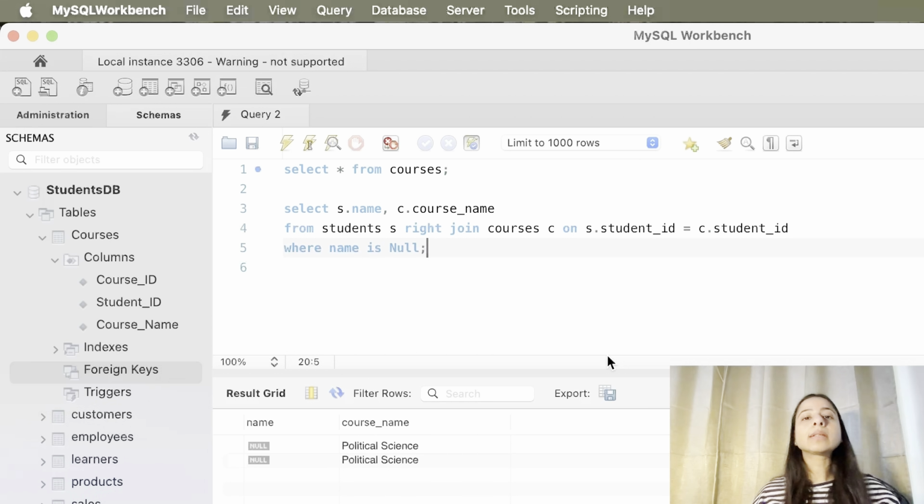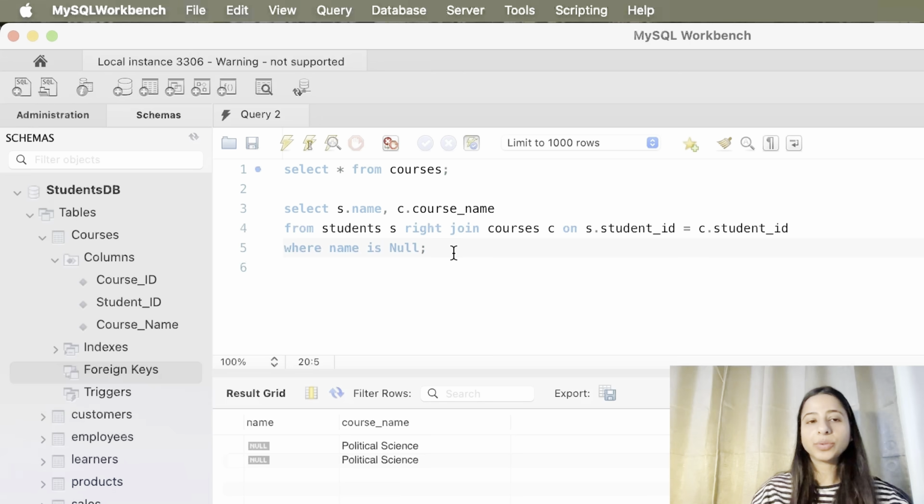So now the next is the full outer join, or you can say everything everywhere all at once. The full outer join brings up all of the data from both of the tables. If there is a match, then it's great. If not, then the missing values will be filled up with nulls. Just to add a note over here, MySQL does not support the full outer join, but we can still achieve the same result by performing a union on the left join and the right join.